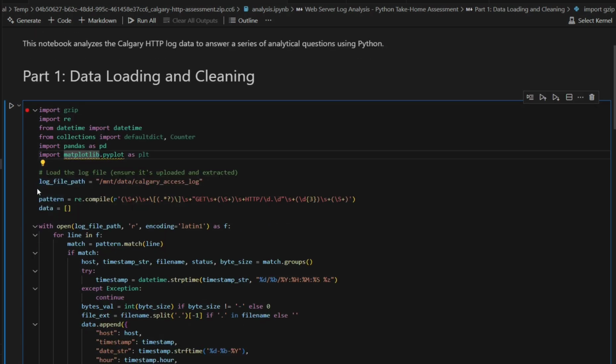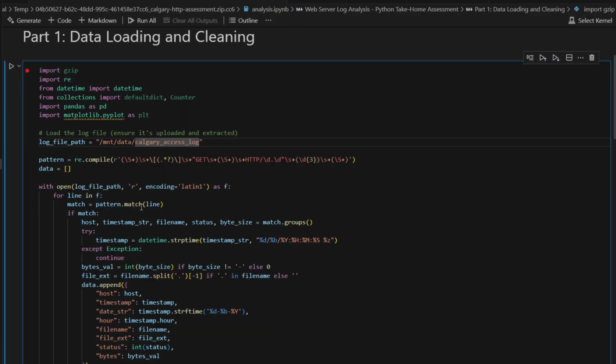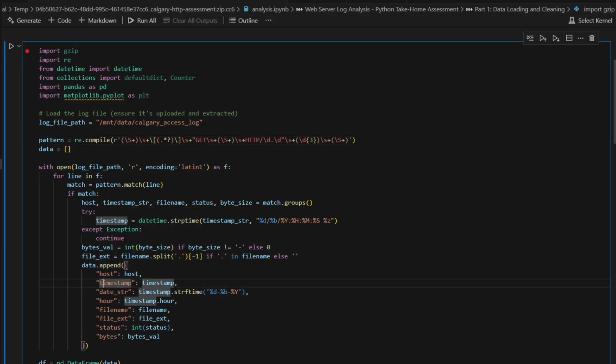Then I specify the file path to the extracted log file. Each line in the file represents one HTTP request made to the University of Calgary web server. To extract useful information from each line, I define a regular expression pattern. This helps me break each line into parts like host, timestamp, requested file, HTTP status code, and the number of